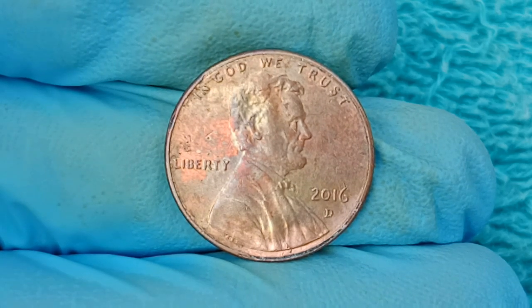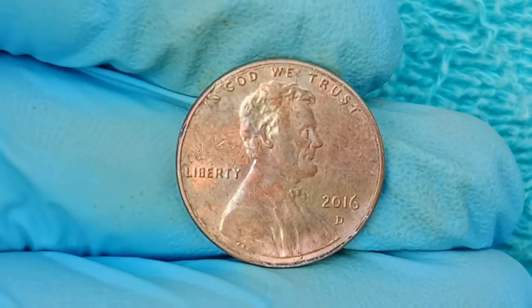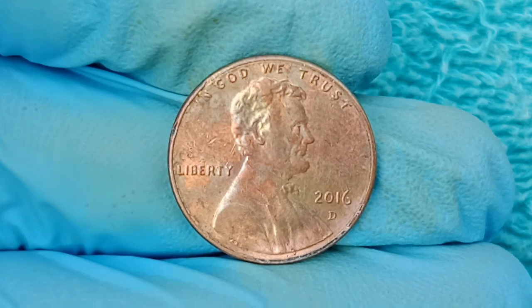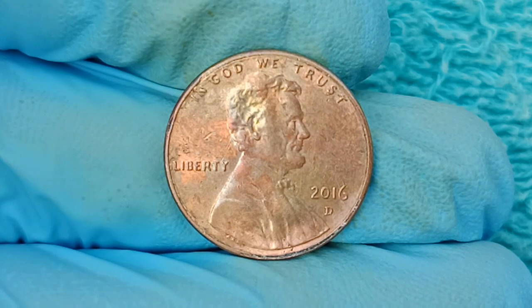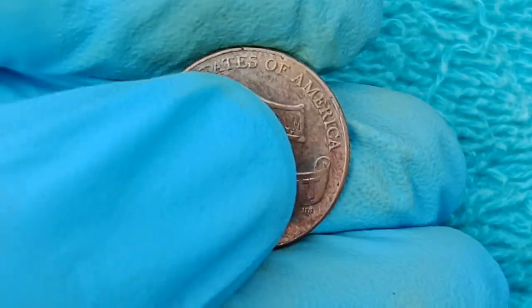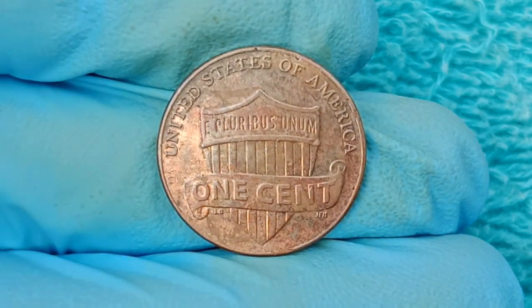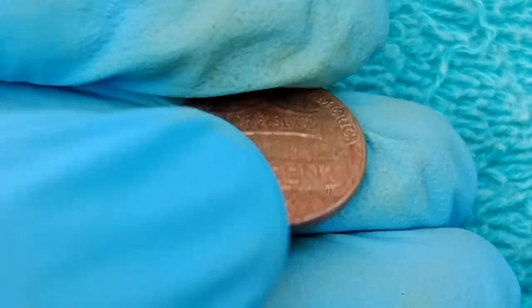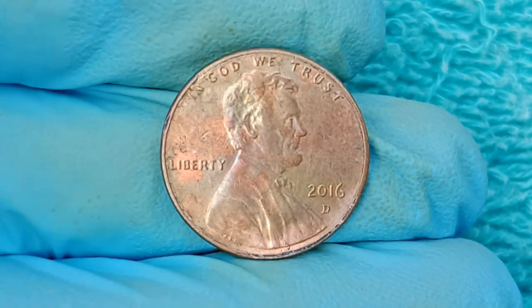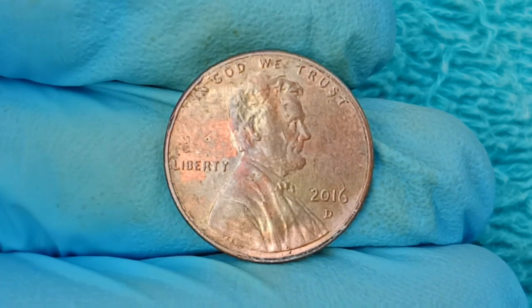But what sets the 2016 D variant apart even further is that several specimens examined under high-powered microscopy revealed a planchet anomaly, meaning the metal blank upon which the coin was struck exhibited inconsistent layering of its copper plating, resulting in uneven surfaces, micropeeling at the edges, and in some rare examples, even exposing portions of the zinc core in asymmetrical patterns